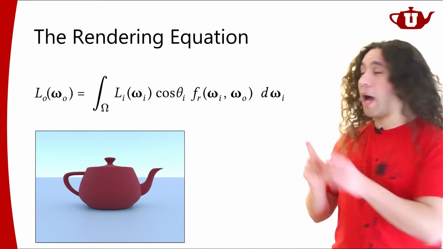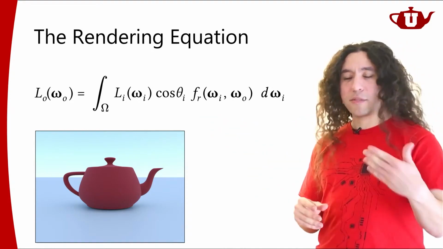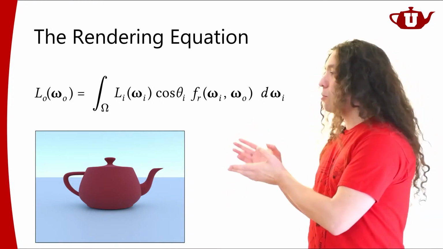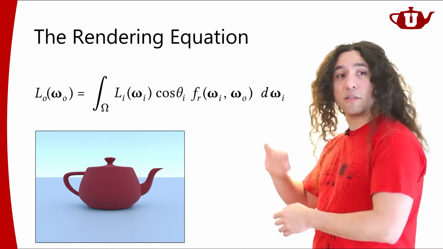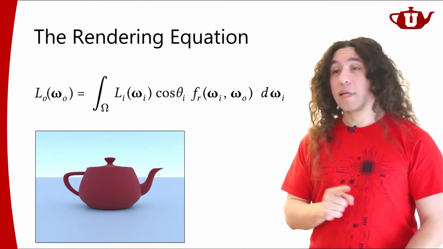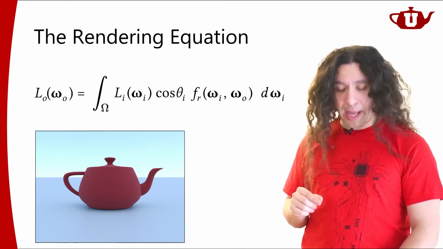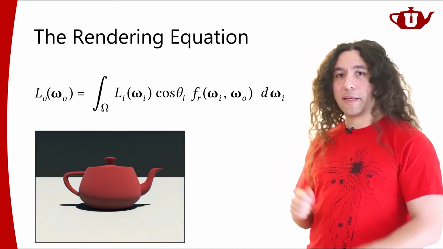Now, I'm not telling you how to compute this integral. That's beyond what I plan to cover for today. But you understand that to be able to compute an image like this, you need to compute this integral, right? You need to look at all light coming from all directions. But what if the light is coming from a single light source only? What if I have a single dominant light source in my scene, which is, let's say, the sunlight?